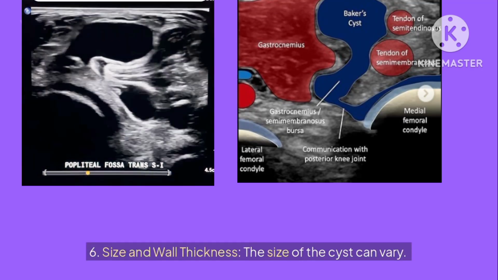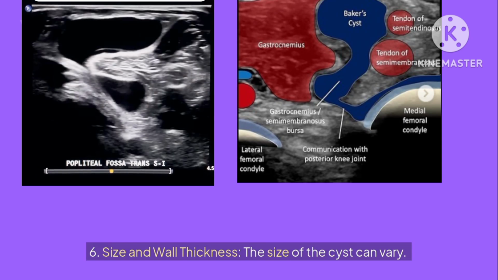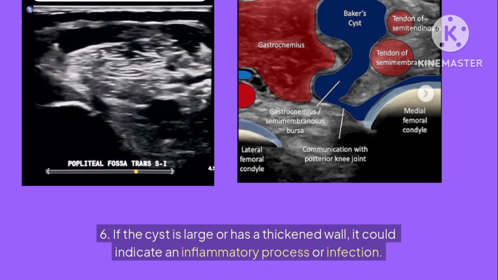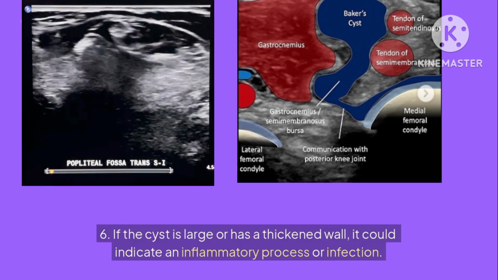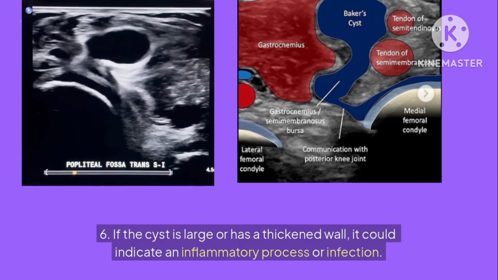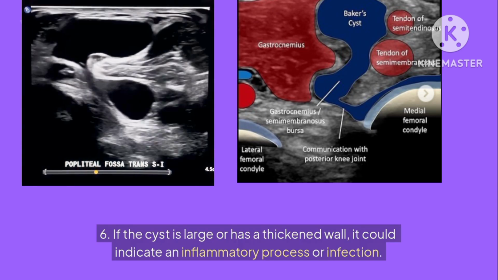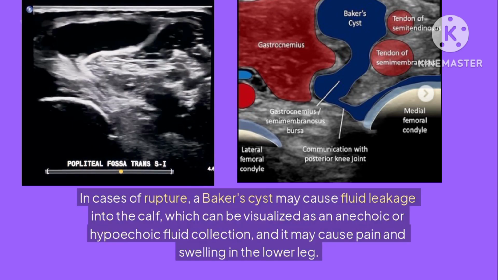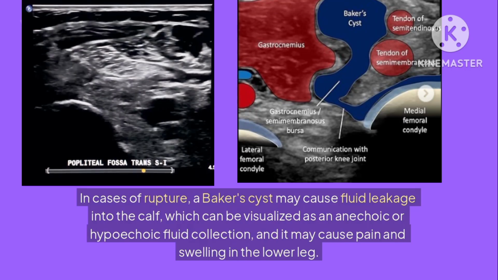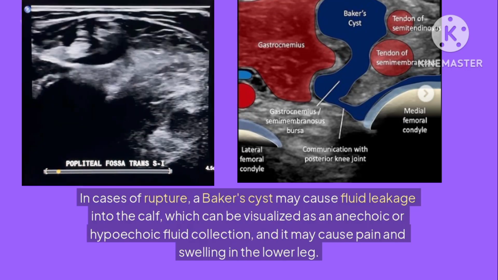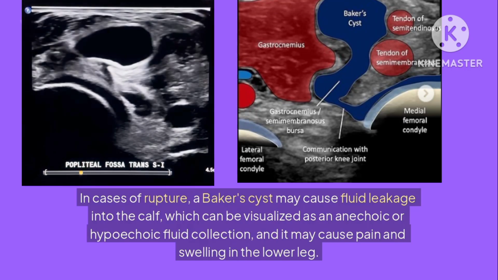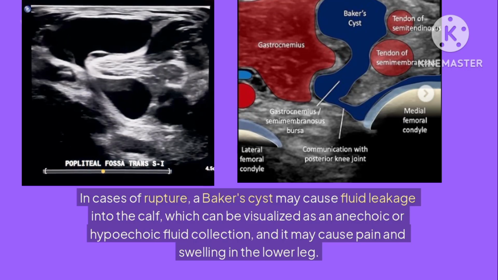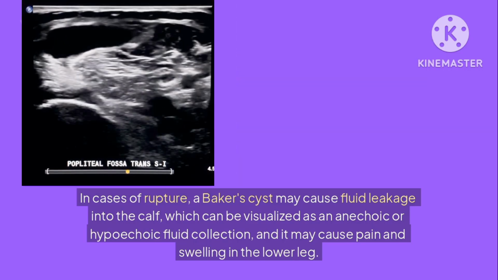6. Size and wall thickness. The size of the cyst can vary. If the cyst is large or has a thickened wall, it could indicate an inflammatory process or infection. In cases of rupture, a Baker's cyst may cause fluid leakage into the calf, which can be visualized as an anechoic or hypoechoic fluid collection, and it may cause pain and swelling in the lower